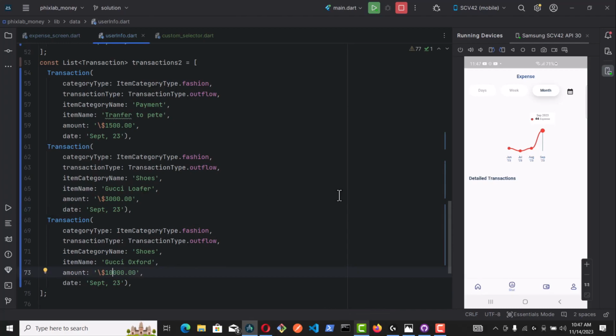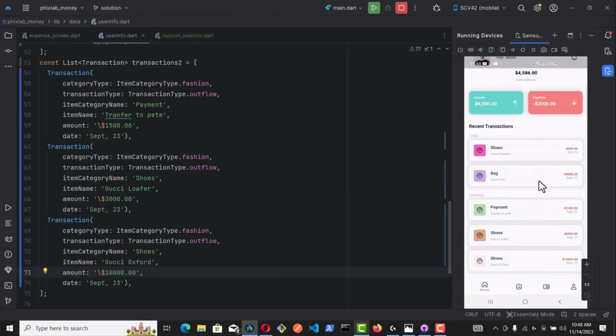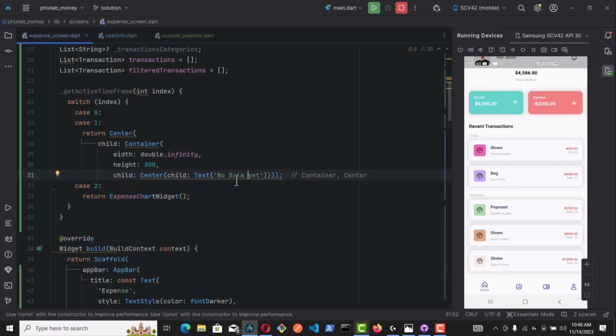So with this, if we go back to our transaction, we're probably going to have different types of looks here. So we have shoe, bag, shoes, bag. How many transactions do we have? So we have only 2, which is, have 3 here, right? So payment, shoes, and all of that. So that's enough. And then we're going to go back to our transactions expense screen, and we are going to